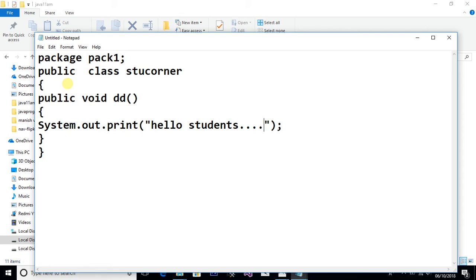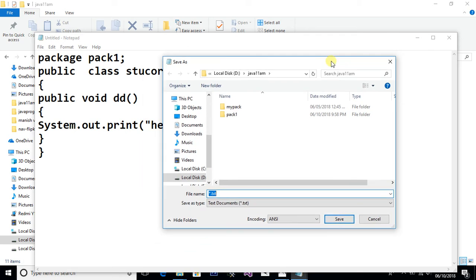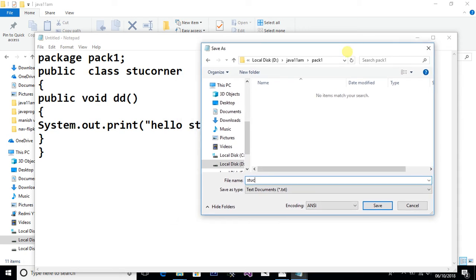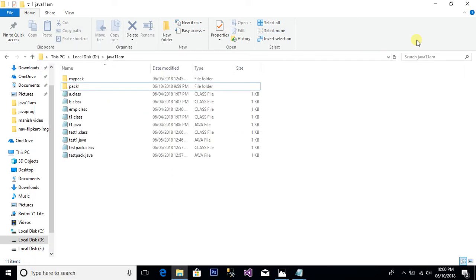Okay, now try to compile it. So very first time you have to save this project, not function, sorry. And my package name is pack1, so you have to save there. Okay, my class name is stucorner, stucorner.java. Okay, any problem? I think no. Okay,